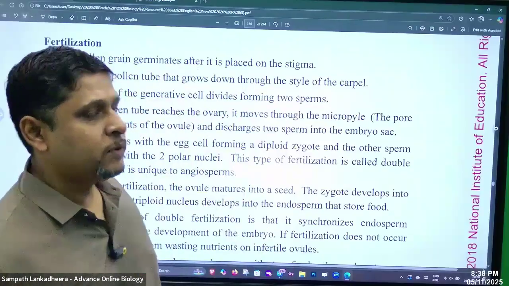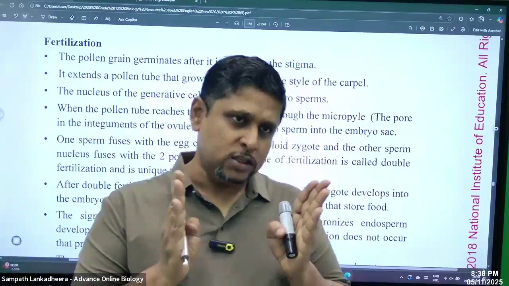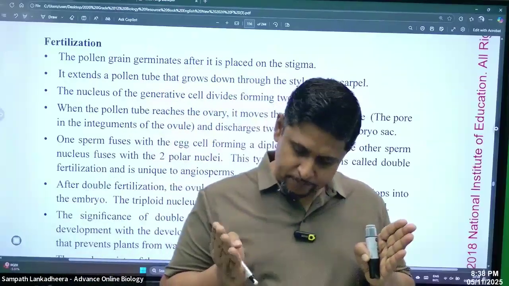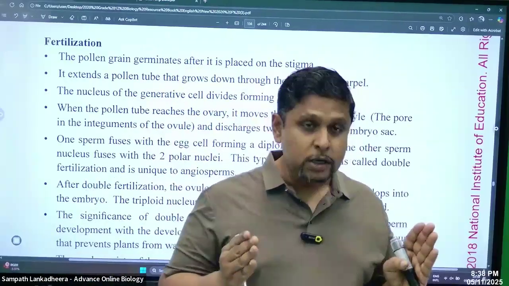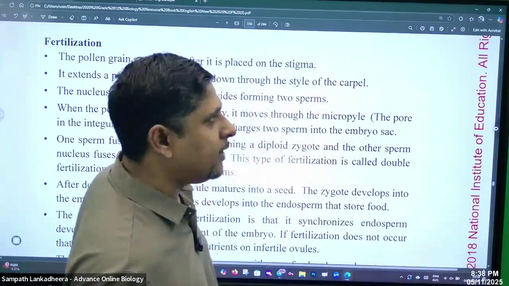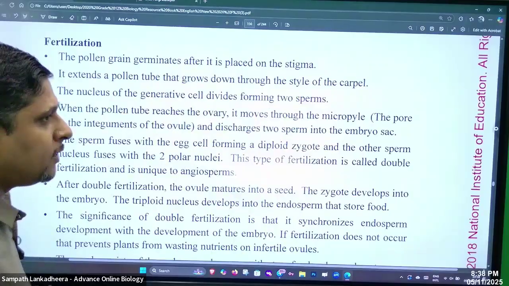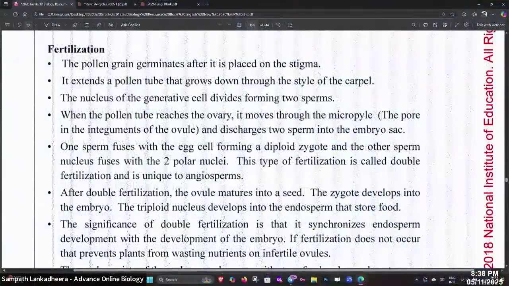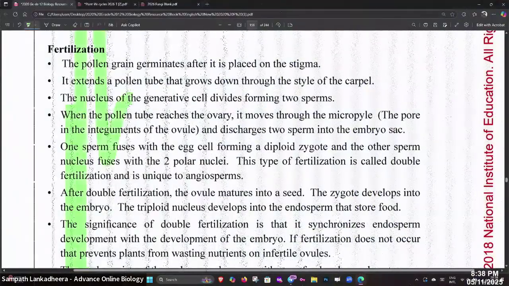So, fertilization. This fertilization process, cross-pollination, cross-fertilization, right? Let's look at the fertilization event here. Fertilization events: the nucleus of the generative cell